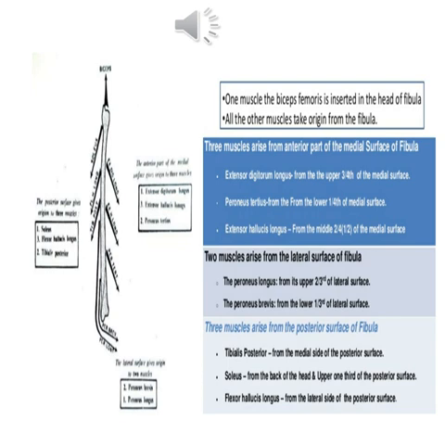If you see the muscular attachments, we can see that the fibula has 3 surfaces: the extensor or medial surface, the lateral or peroneal surface, and the posterior surface or flexor surface. The medial surface is related to the muscles of the anterior compartment of the leg. That is 3 muscles you can see there: extensor digitorum longus, extensor hallucis longus, and peroneus tertius.